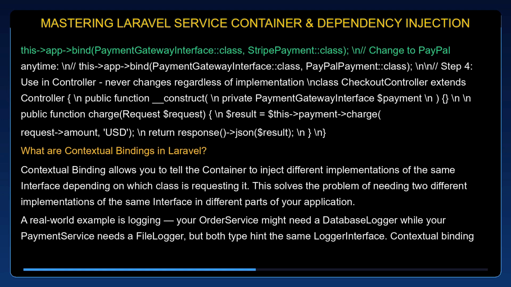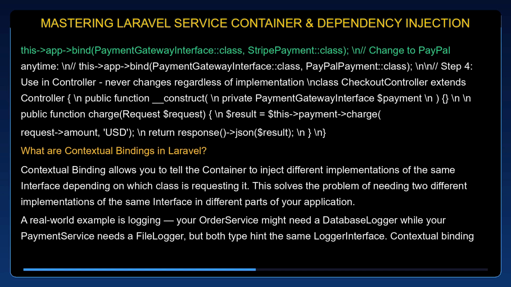Step 4. Use in controller. Never changes regardless of implementation. class CheckoutController extends Controller { public function __construct(private PaymentGatewayInterface $payment) {} public function charge(Request $request) { $result = $this->payment->charge($request->amount, 'USD'); return response()->json($result); } }